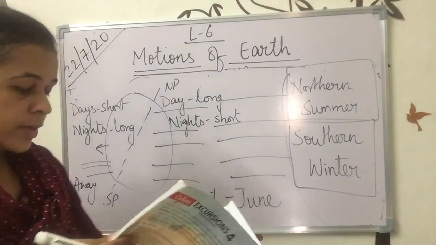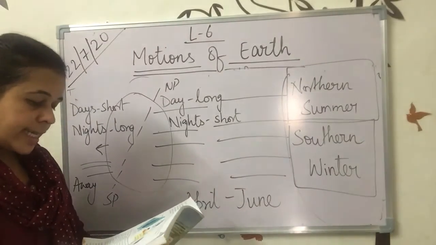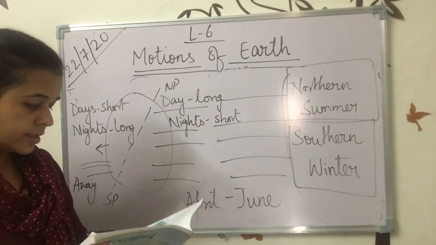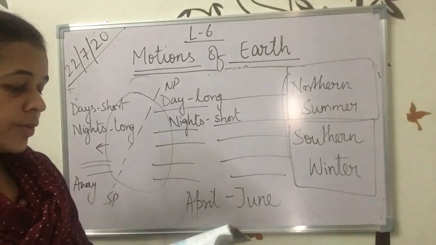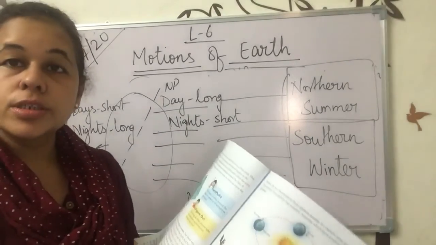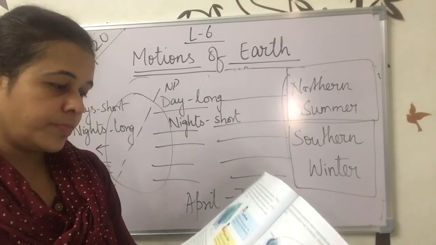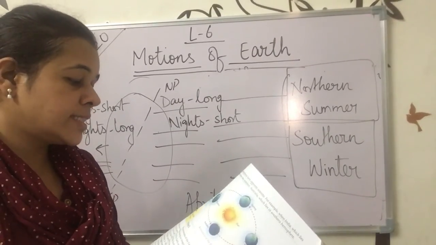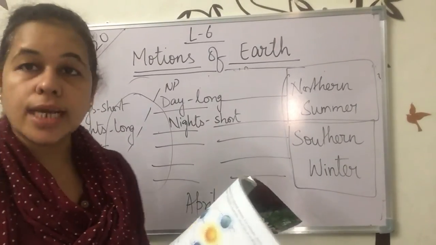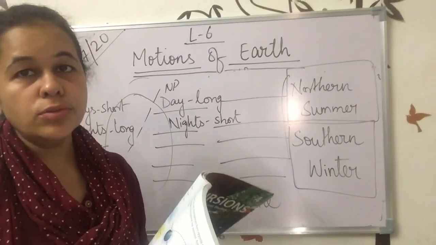Today we are going to stop here only, and in the next session I will continue with the same part. Till then you will find out the answer for figure out, which I am going to discuss in the next session, which is there on page number 38. How long do other planets take to complete one revolution around the sun? This is your homework, you have to complete it.